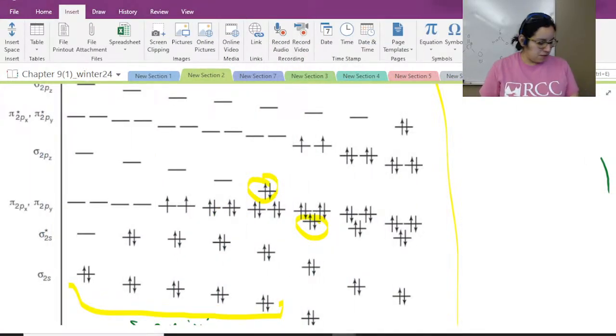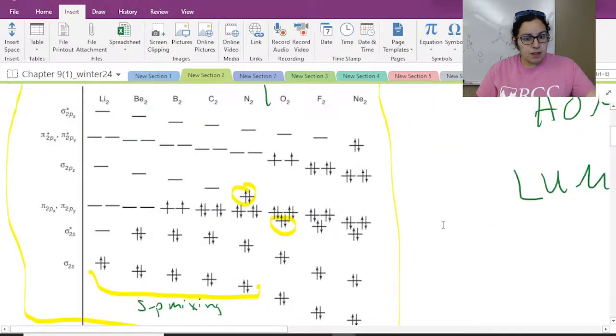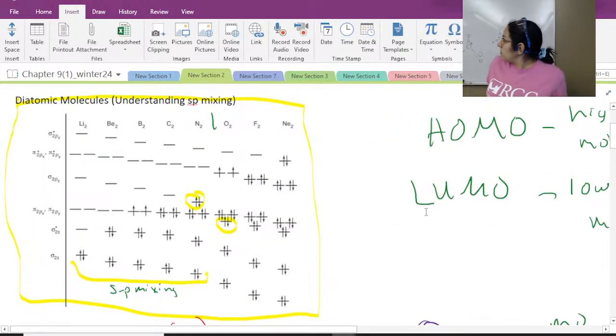All right, how are we feeling about MO diagrams? Feeling pretty good, maybe. All right, so this is probably a good place to stop talking